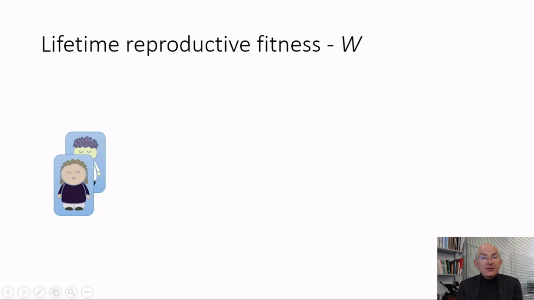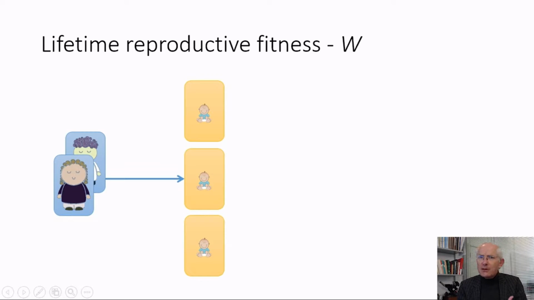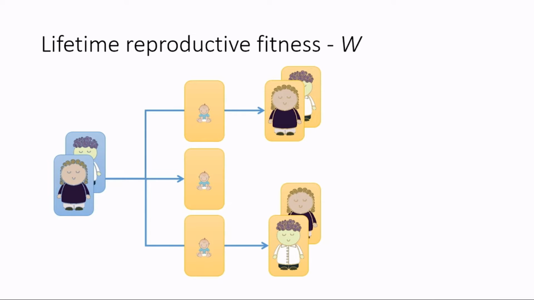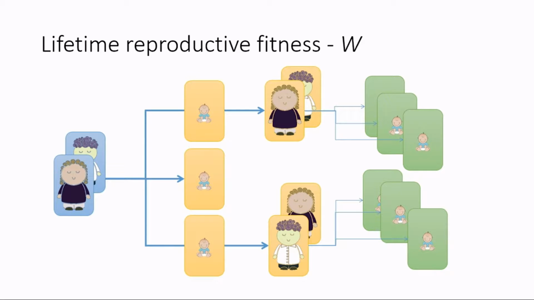And we remember her life history. She meets George, they have children. They have 3 children, so maybe her reproductive fitness is 3. But what matters is whether those children go on to have families of their own. And in this case, only 2 of the 3 children do that. So by definition, the lifetime reproductive fitness of Mildred's genotype is 2 and not 3.